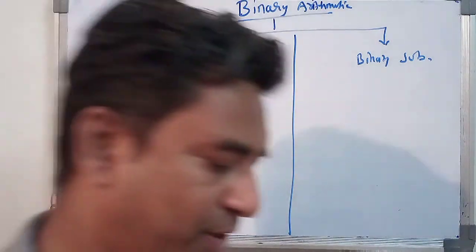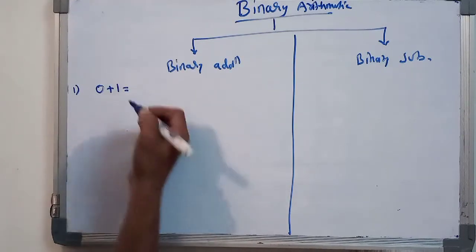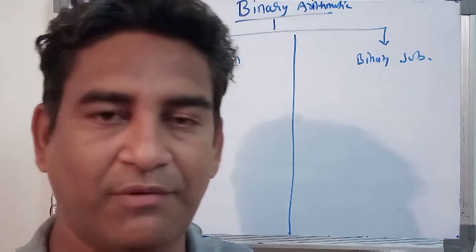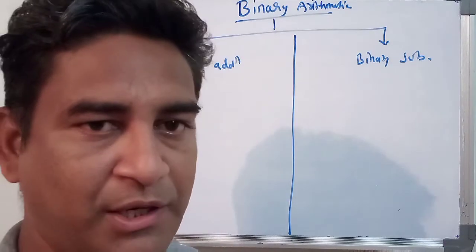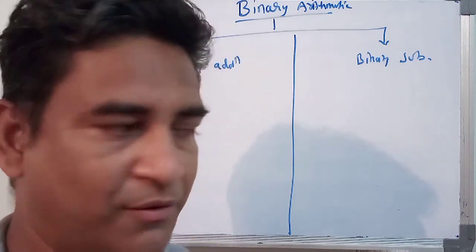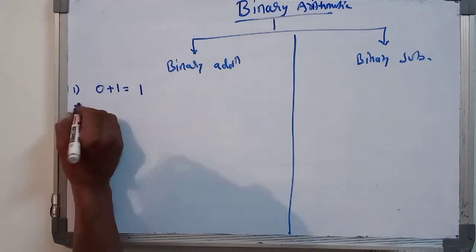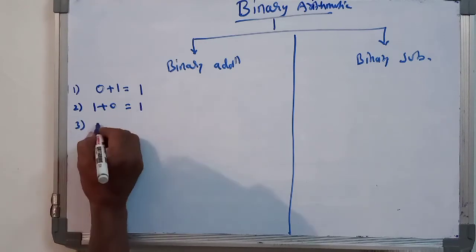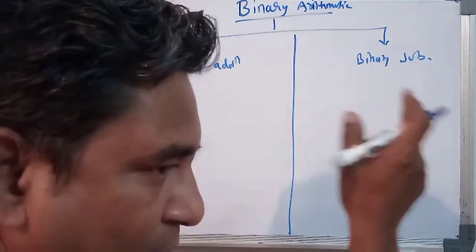Okay, students, now the first rule in this binary addition is very simple, but in your examination you make mistakes about the value of 1 or 0. So keep this small thing in your mind until the end of the syllabus. 0 plus 1, you will get 1. The second, 1 plus 0, gives 1. The third, 1 plus 1 is equal to 1 0. Previously I told you how this 1 0 came.